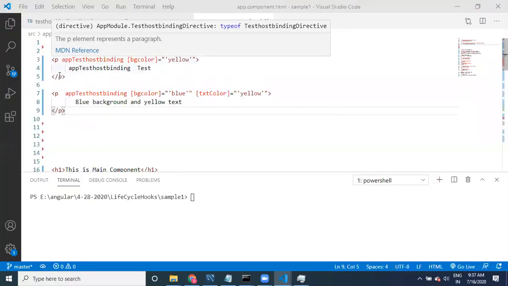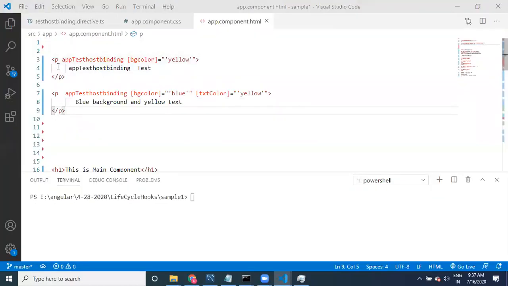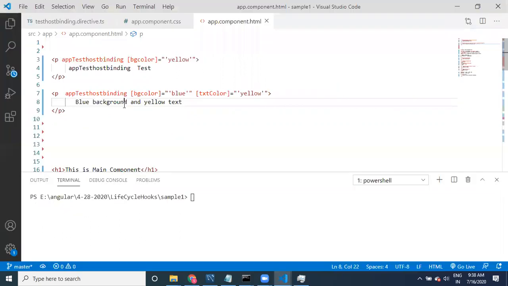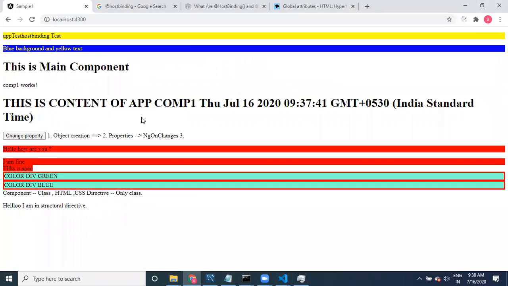So you can manipulate, you can provide these kinds of logics. That may be style related logics, or that may be event related logics. Okay, it will be applied. In real time I'm going to tell you one scenario, guys. If I move on this, I want to get something like a tooltip.